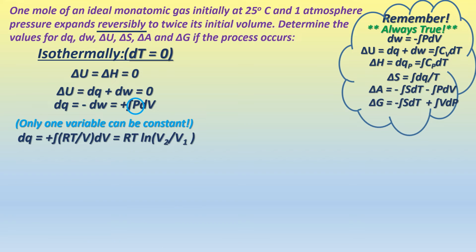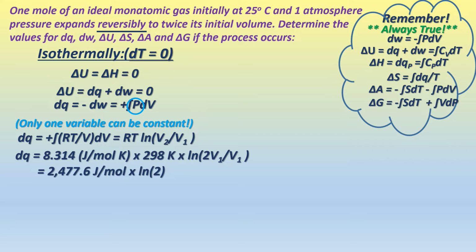Since dQ is plus PdV, pressure is RT over V, so you get the heat being RT times the log of V2 over V1. R, the gas constant, 8.314 joules per mole degree Kelvin, times the temperature, which has to be in Kelvin, 298. And in this particular case, since the volume doubled, V2 over V1 is simply 2. So you get a value of heat produced as 1,717 joules. And with that, for free, work is going to be negative of heat, since delta U is 0, so the work will be minus